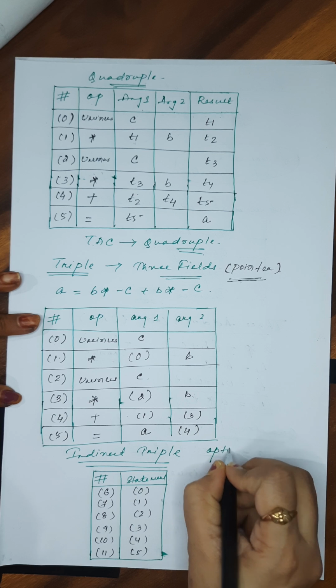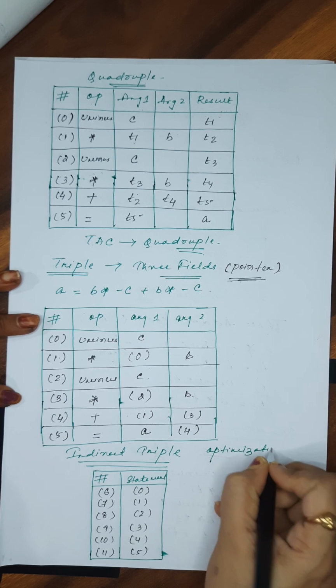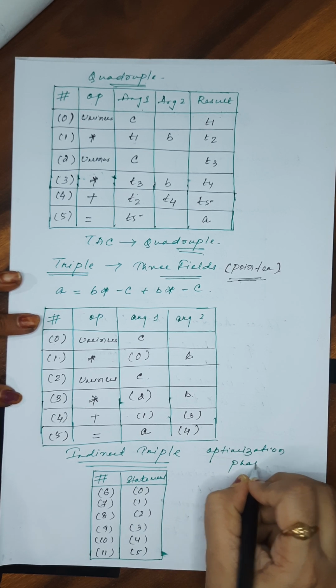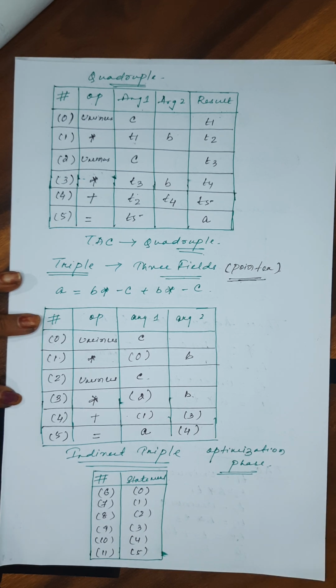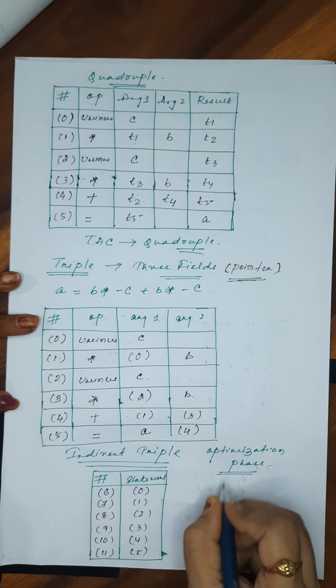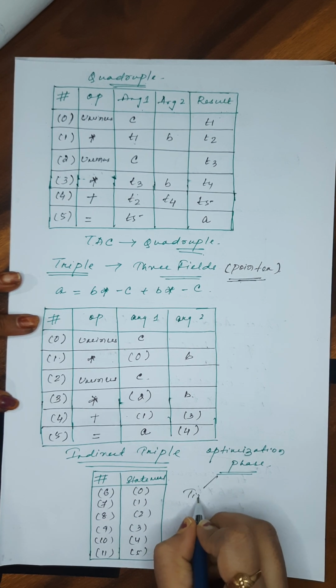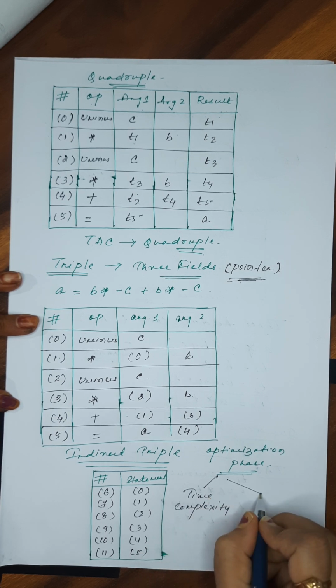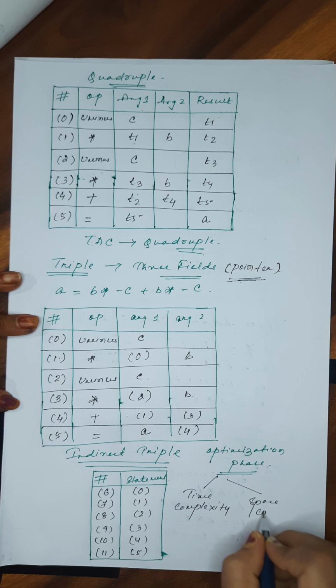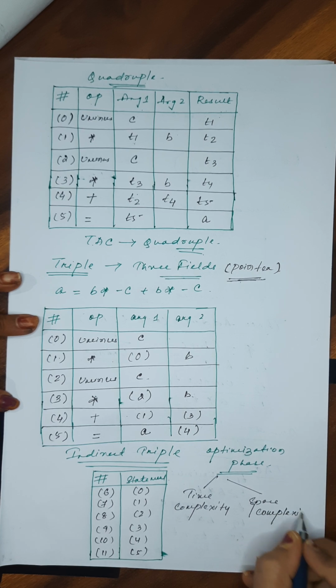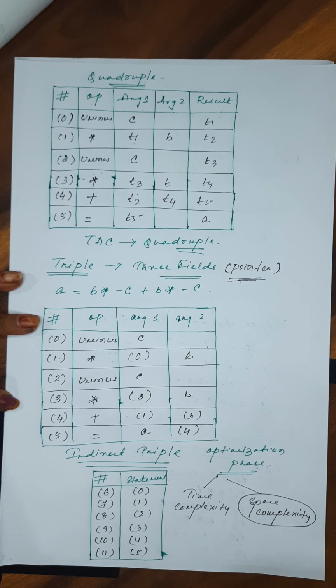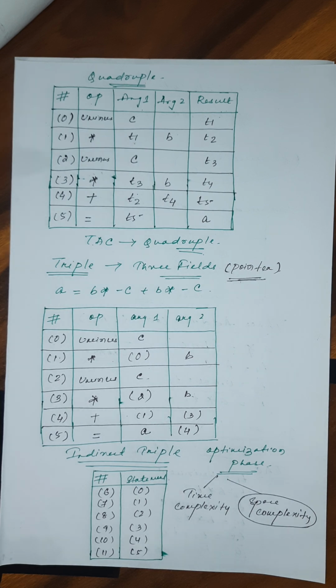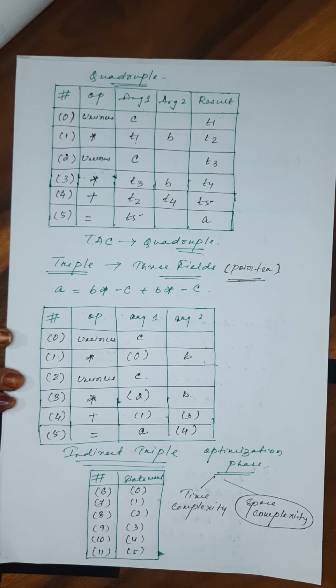This is the optimization phase. Optimization phase means what? Actually, what are we doing over here? See, we have studied two types of complexities. One is time complexity. Another one is space complexity. Here we are dealing with the space complexity. Optimizing means we are using the minimum amount of memory space that is required so that we can